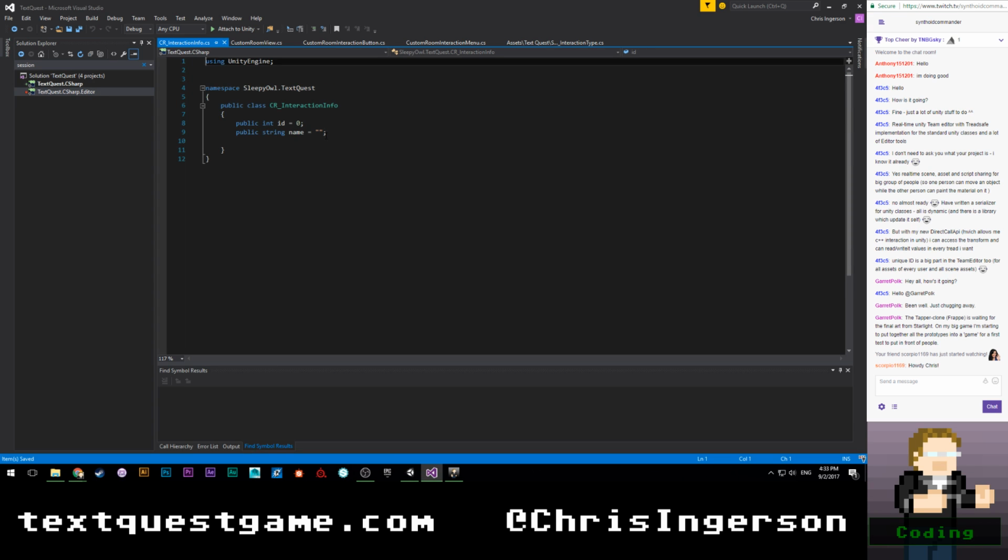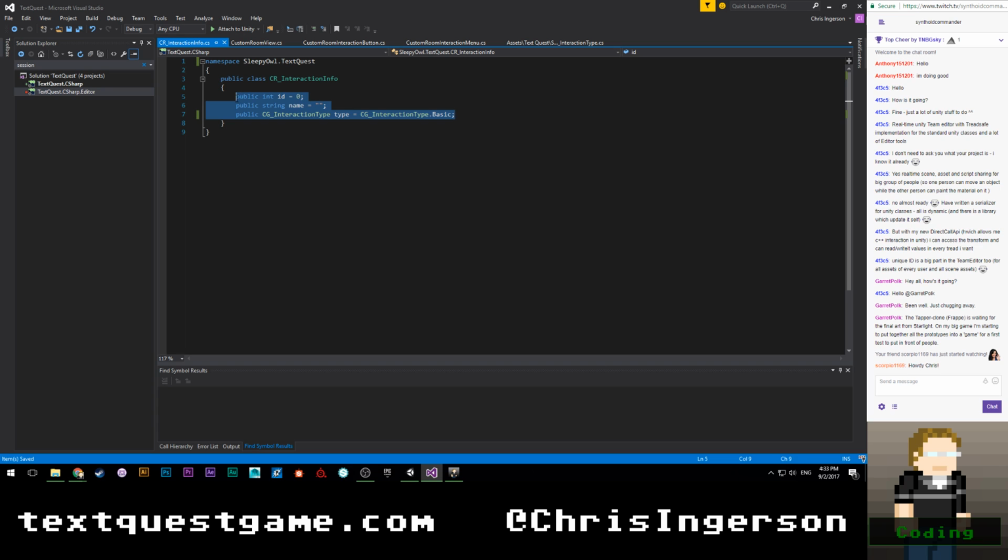Go back to CR interaction info, and then we're going to have public CG underscore interaction type, and I guess we'll just say type is equal to basic. Okay. So this class is purely going to be used for data. We're not going to use it for anything else. And it's going to be fairly sparse. It's only going to have the name of the interaction, the ID associated with that interaction, and then the type of interaction, because the name and type are needed for its label and its icon, and then the ID is needed for its individual,